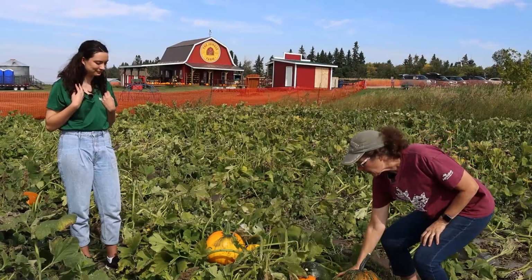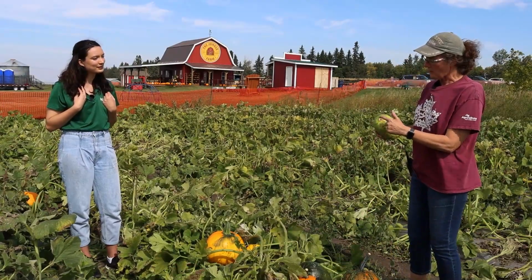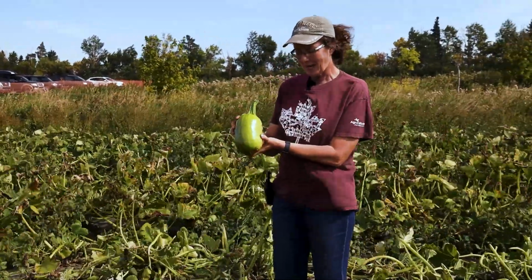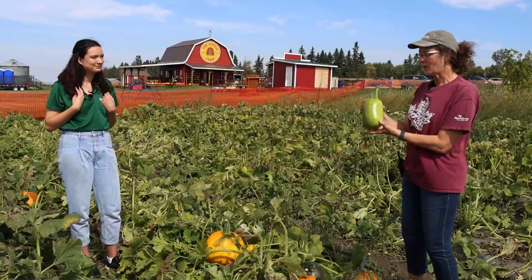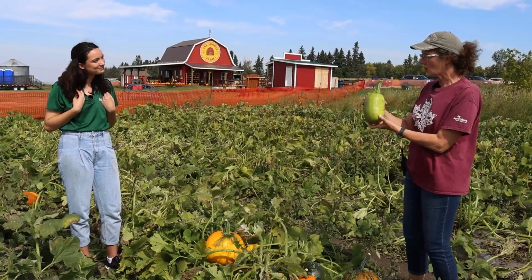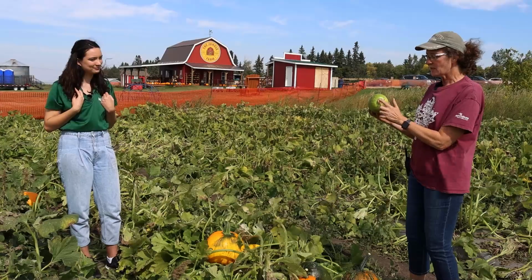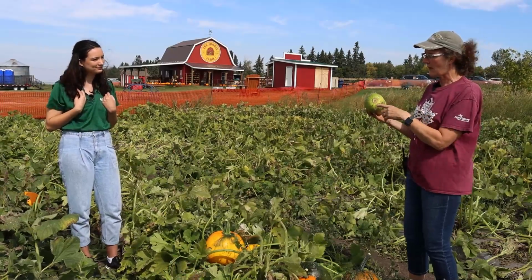So if I look at the bottom of a pumpkin, that's where the flower was connected to the pumpkin. This is kind of a medium-sized one. In human years, this might be like a 5-year-old pumpkin. He's just started to grow and get big and strong, and this is where his flower came from. So the bee had to come from a male flower over to the female flower